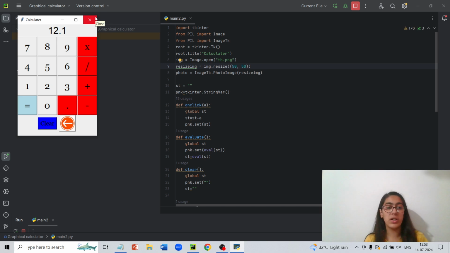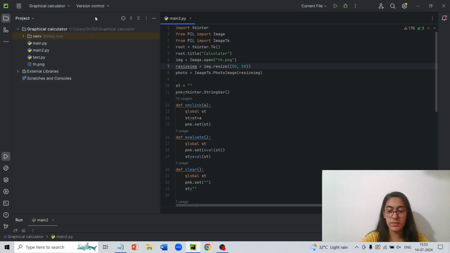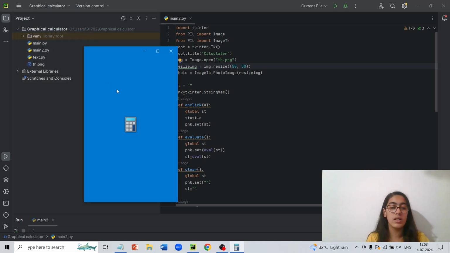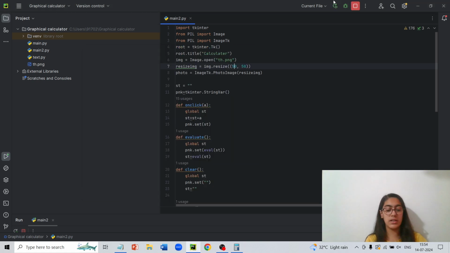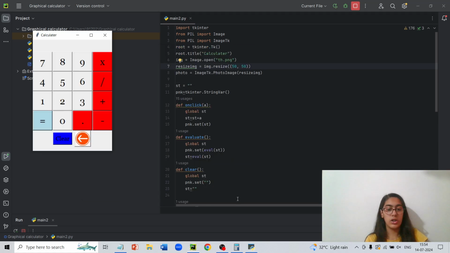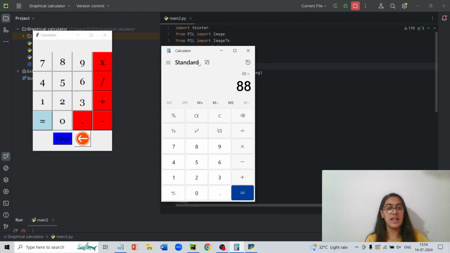And if you want, you can also import percentage or some other sigma and stuff into the calculator, but I haven't done it. For example, if you see in the regular calculator, there is CE, percentage, 1 upon x, square, square of 8 gives us something, and this is how you make it. The standard and all this, if you actually run my program and see it along with this calculator, you will see that the size is almost same.